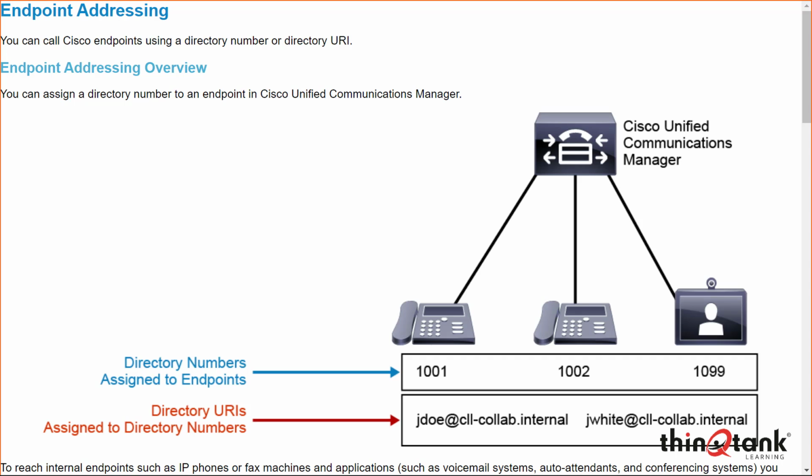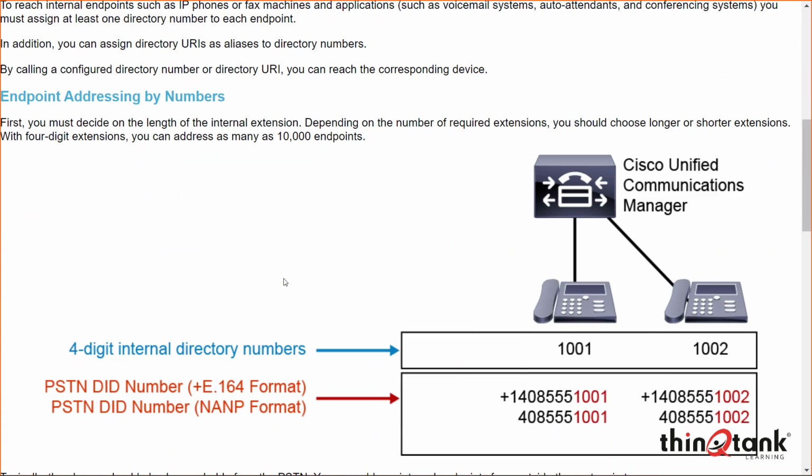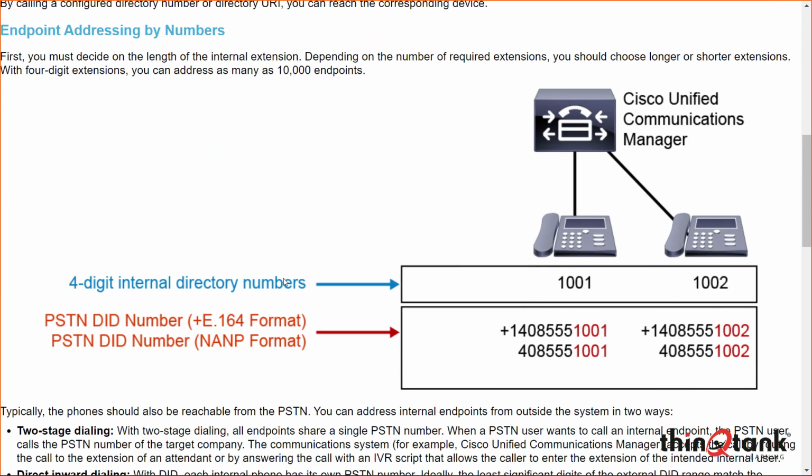So we see here 1001 is on the phone on the left, 1002 is on the phone in the middle, 1099 is on the video endpoint on the right. And we define that, of course, in Call Manager. When we provision our endpoints, we assign extensions to those endpoints. If we're doing endpoint addressing by number,